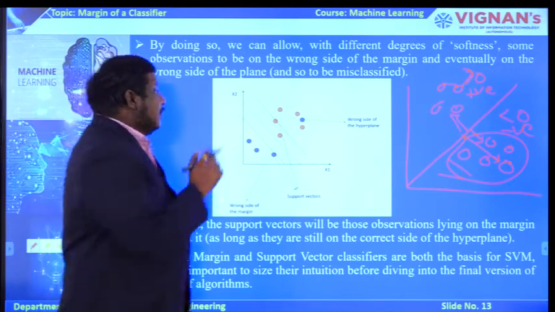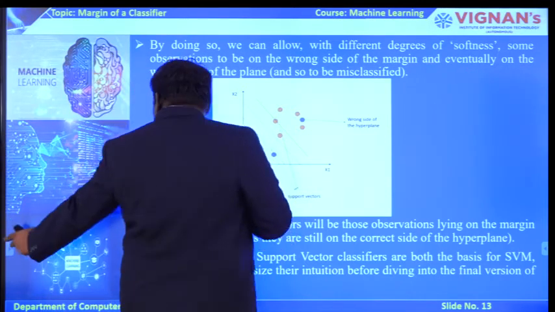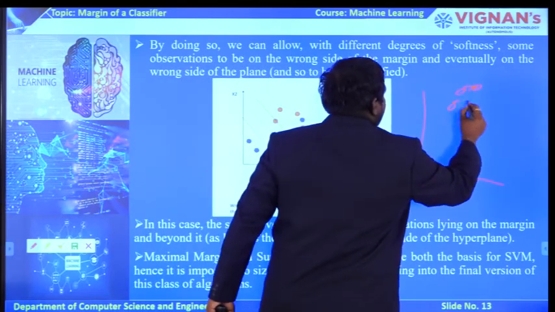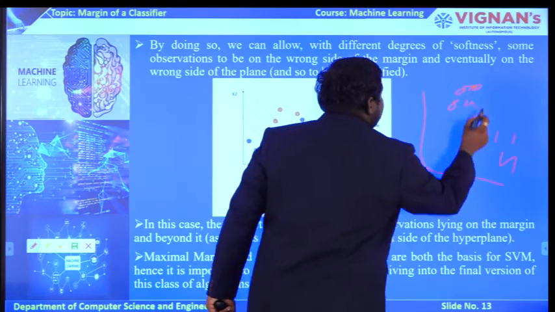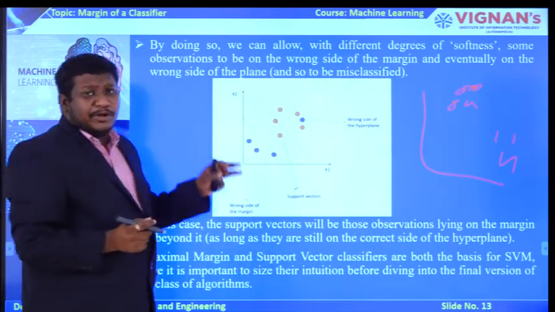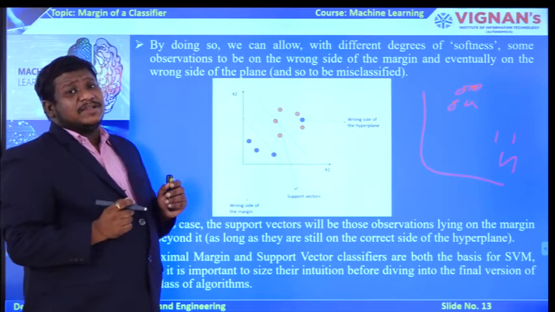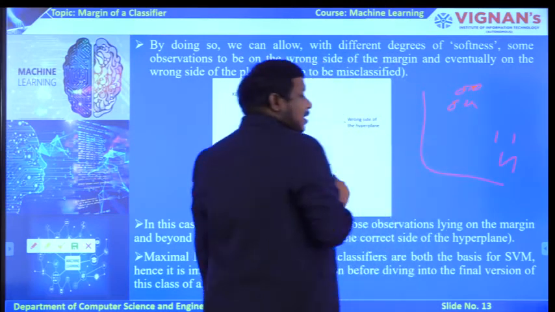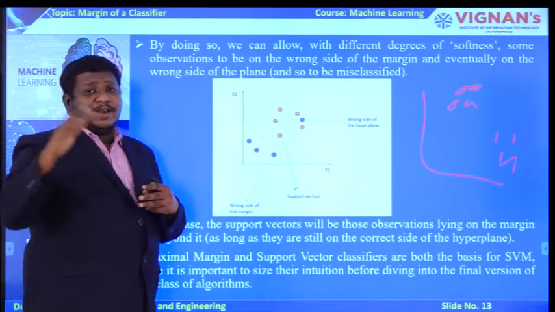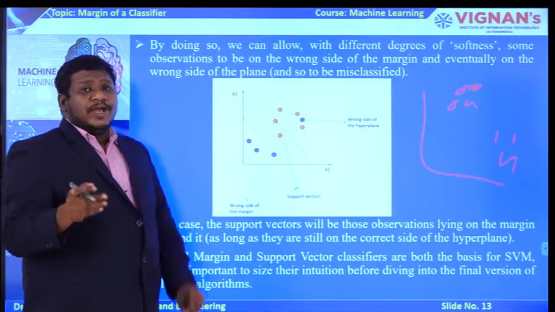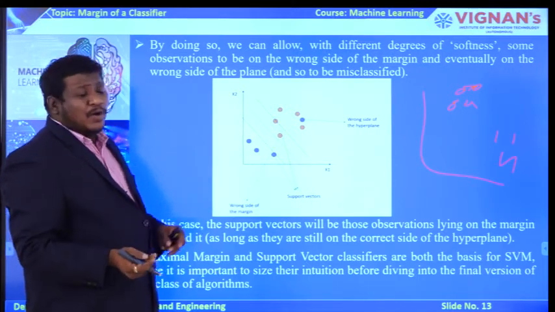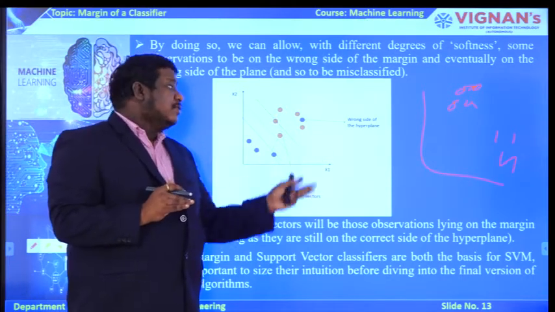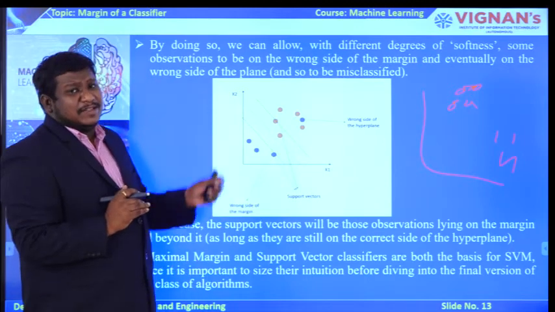The second one is, if at all the hyperplane is not there, if you have two types of variables like 0, 0, 0, 1, 1, 1, 1, and you don't have a separating hyperplane, in those cases you are going to use support vector classifiers, where we take the wrong side elements. That means an element which belongs to another group is placed in this group. So we are going to ignore them, and we are going to count the elements which are lying on the particular hyperplane line, and other elements will be considered as support vectors in this model.